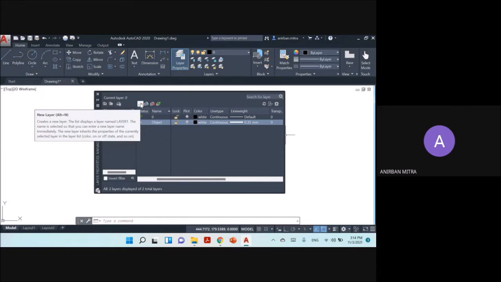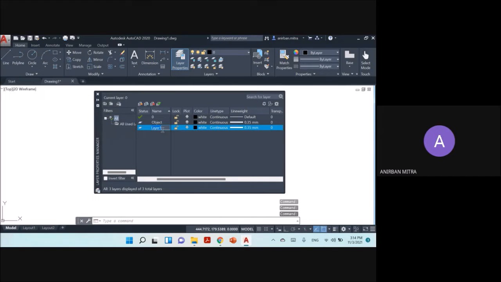I'll go to this new layer button, click it, and again you see that layer 1 has come up. So I'll change it to maybe a thin layer, which will contain thin lines. Again, the color remains as it is. Thin line is continuous line, but obviously thin line would be having lesser thickness.